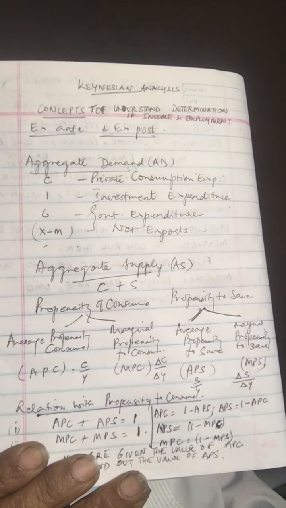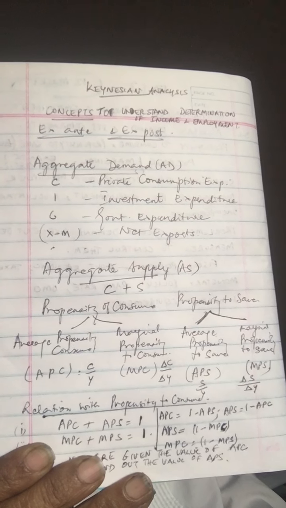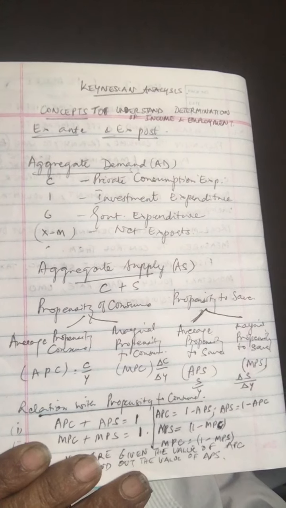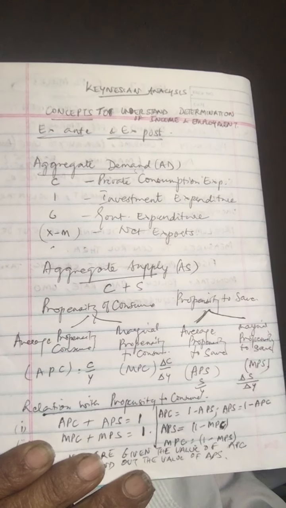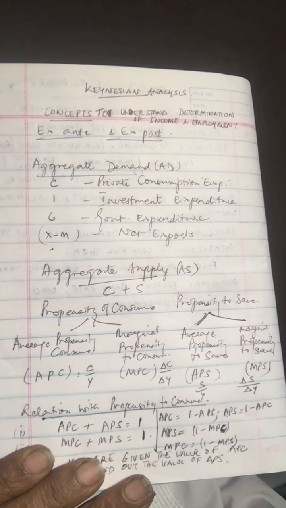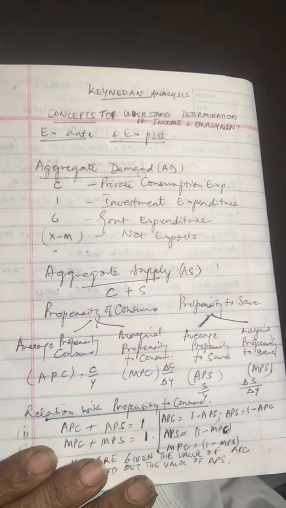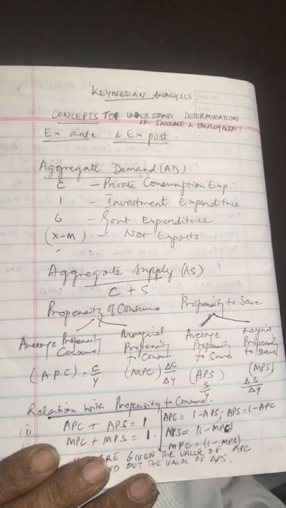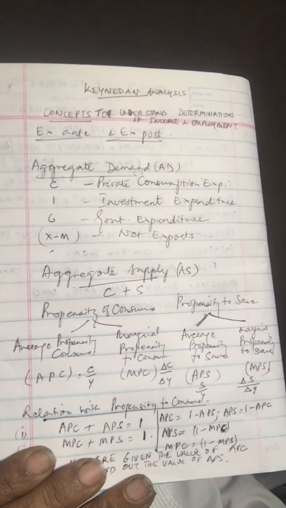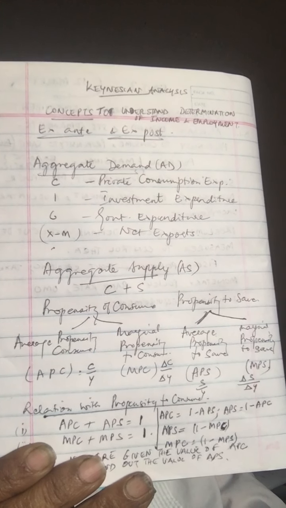Then you have what is known as net exports. Export minus import. Net export is the planned net expenditure by foreigners on the goods and services produced in the country during a period. It equals values of exports less value of imports. Now we come to aggregate supply. It means the value of final goods and services planned to be produced by all production units in the